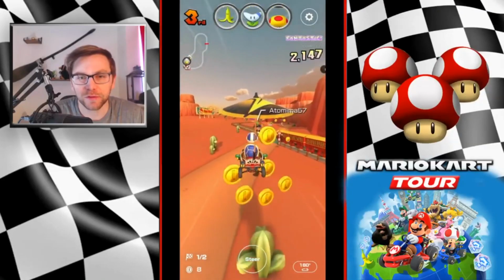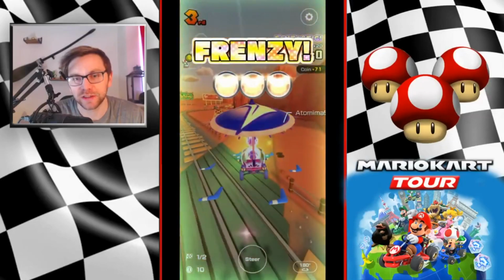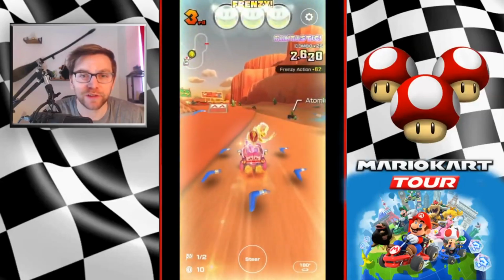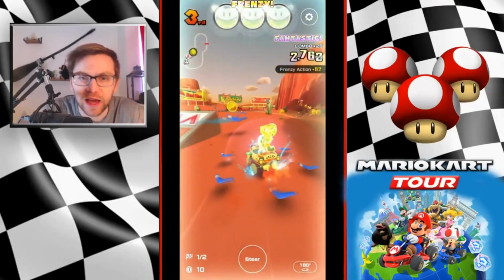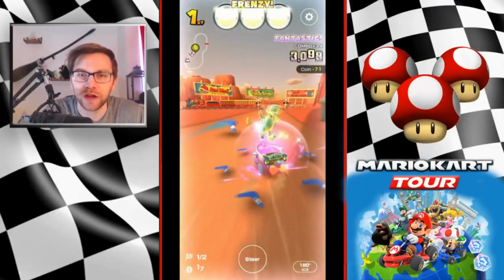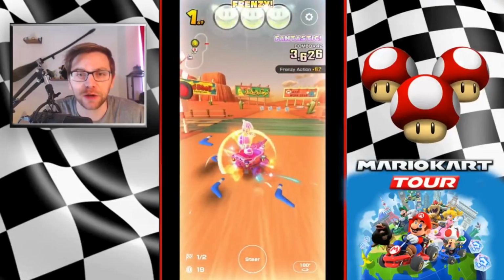Now the annoying thing about stall starting is you will miss out on these coins because of people in front of you every now and then. But we land it with a frenzy. This part of the track is probably the hardest part of the track to maintain your combo. I really feel like you have to rely on items there, and so pulling a frenzy there massively helped in